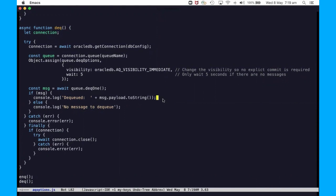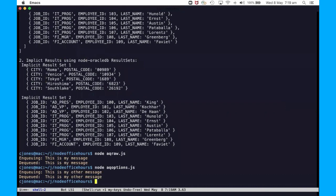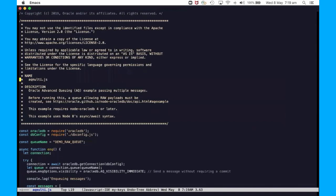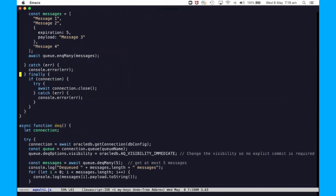No particular magic when I do this. You'll get the output of the message being passed options. Multi is similar, but lets you, for performance reasons, DQ and onQ a whole bunch of messages at one time. So here, instead of the onQ one, we're using an onQ many, and I'm passing an array of messages. So each of these is the same kind of type that we saw in the onQ one. And you can see this particular one has the payload, so it's the JavaScript object message. And then